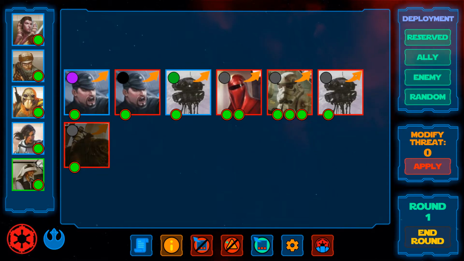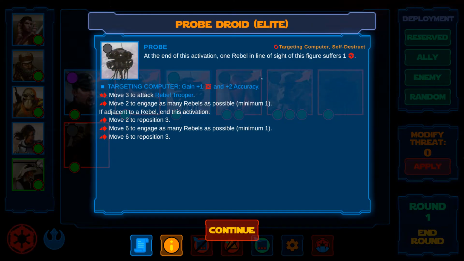Most instructions should be easy to follow, but some might need more explanation. I'll run you through the instructions of an elite probe droid as an example, but more information can be found in the wiki. At the top you can see the bonus effect. It's pretty self-explanatory. Note that some bonus effects might have the same name as abilities you know from the deployment cards, but they often work differently, so make sure to read the effect carefully.